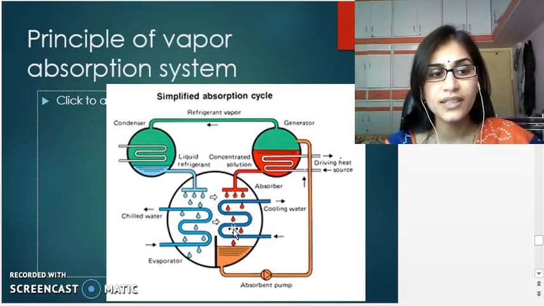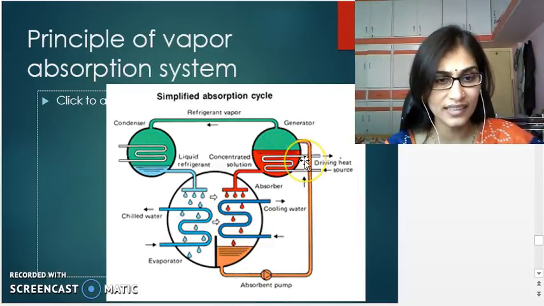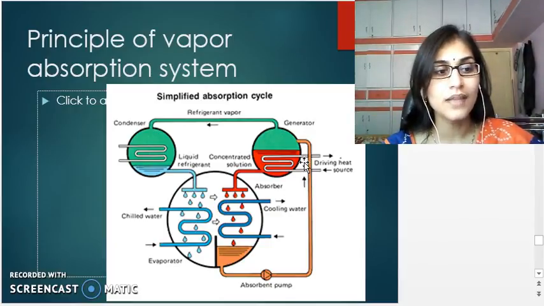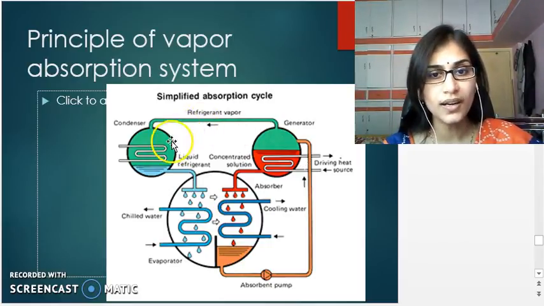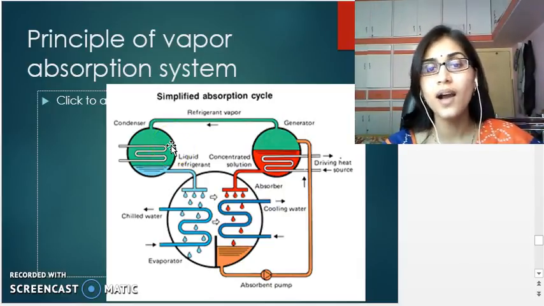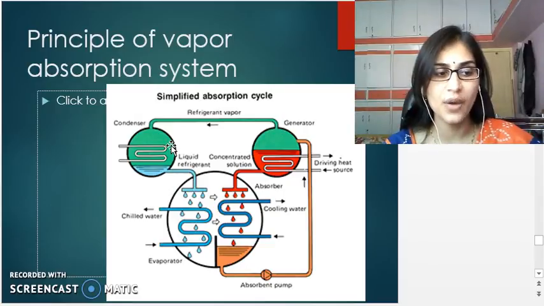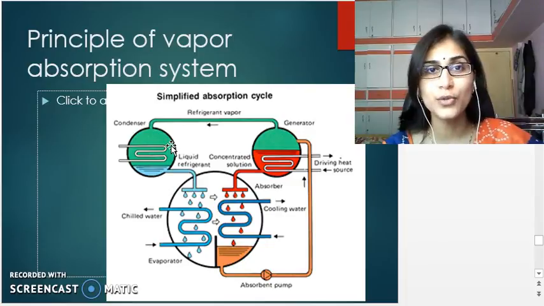The liquid refrigerant absorbent solution is pumped to a high operating pressure generator. Heat is added at a high pressure generator from a steam. The added heat causes the refrigerant to dissolve from the absorbent and vaporize. The vapors flow to a condenser where heat is rejected and condensed to a high pressure liquid. This liquid is then throttled through an expansion valve to the lower pressure in the evaporator where it evaporates by absorbing heat and provides useful cooling.